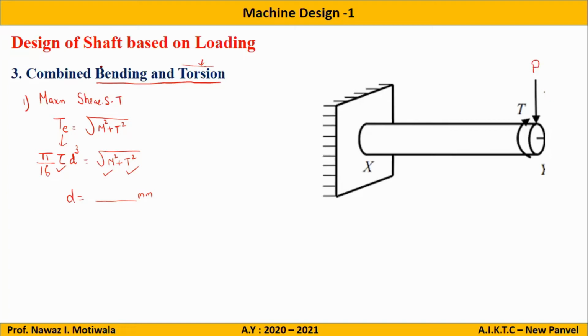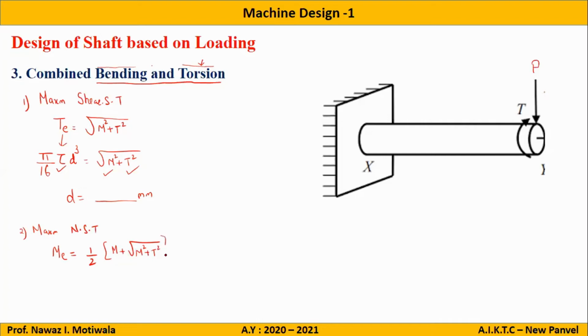Now there is also bending there. So we also need to consider the maximum normal stress theory, which is based on the bending part. Wherein I will write the moment equivalent. So see here, in torsion we use the torque equivalent, and in the normal stress theory we will use the moment equivalent. Moment equivalent is equal to half of M plus the square root of M square plus T square.